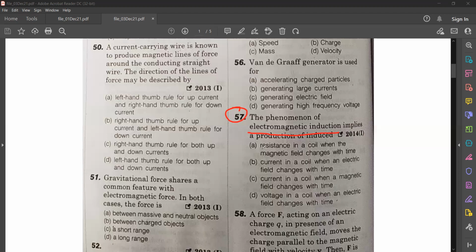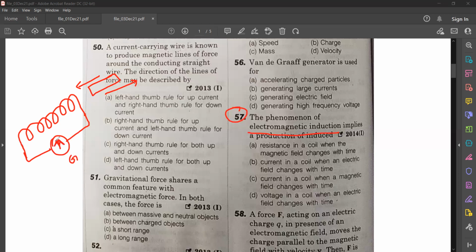Okay, so listen. What is electromagnetic induction? Electromagnetic induction is production of an induced current or induced EMF when magnetic field linked with the coil changes. Remember the experiment? We have a coil. We are bringing a magnet towards the coil, then moving it away, repeatedly. What we see? We'll see a deflection in the galvanometer kept here, isn't it? So that indicates what?